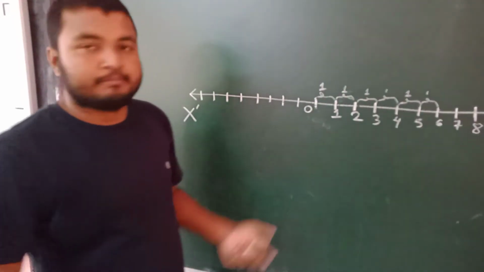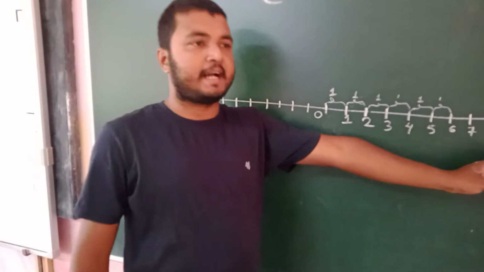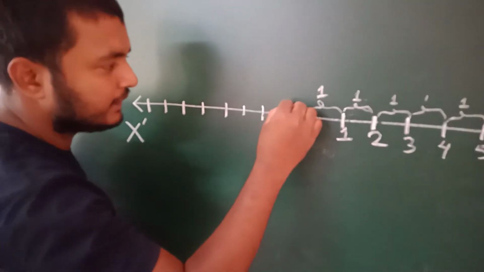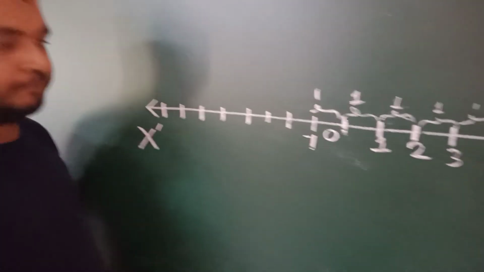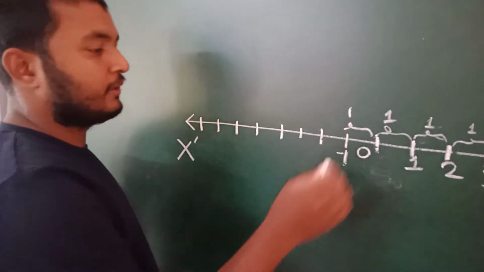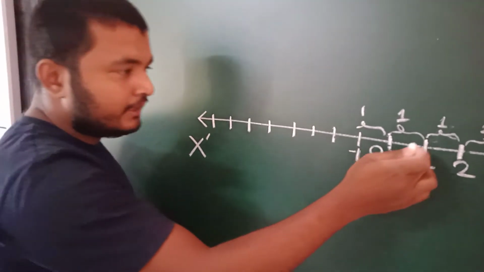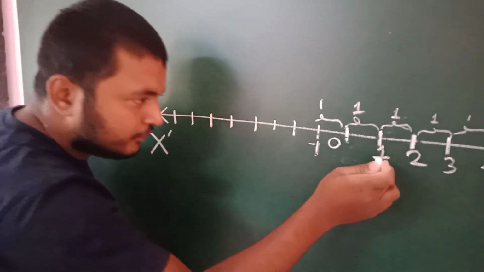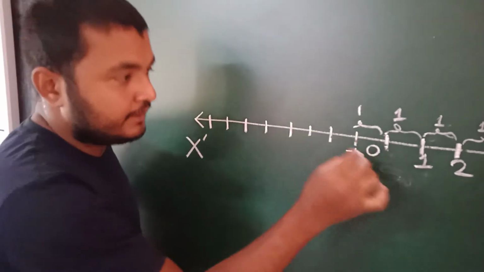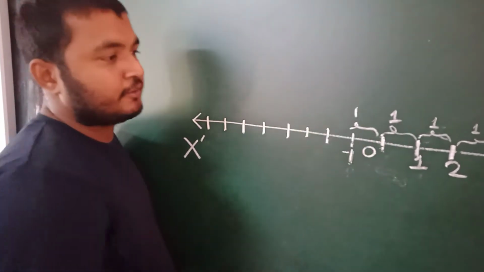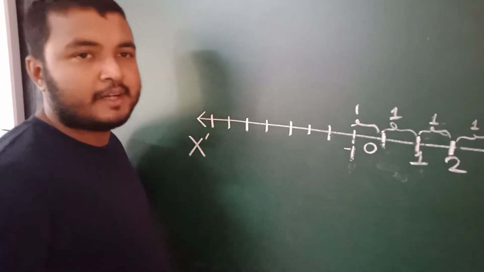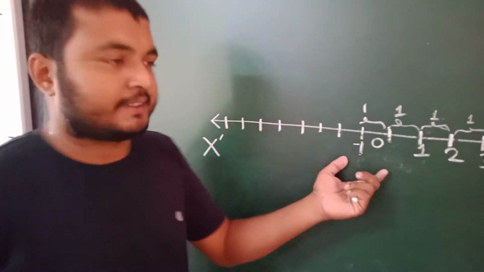Here we have taken positive sign. So this side we will take negative sign. This one is -1 because it is also at a distance 1 unit, but it is on the left hand side of 0, so -1. To differentiate between 1 and -1, this point and this point, we write this one as 1, this one as -1. This -1 does not mean that 0 to 1 distance is -1. No, distance is 1. But to differentiate between the direction or the position of the point, we write here minus.